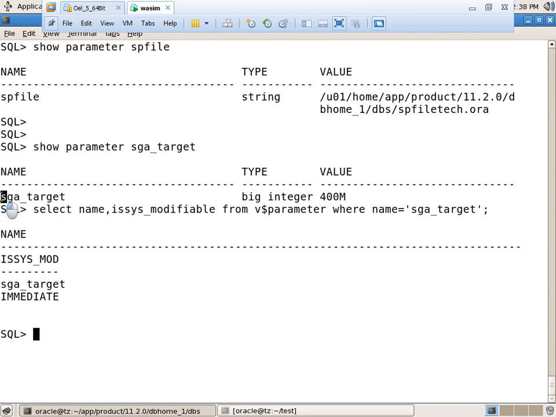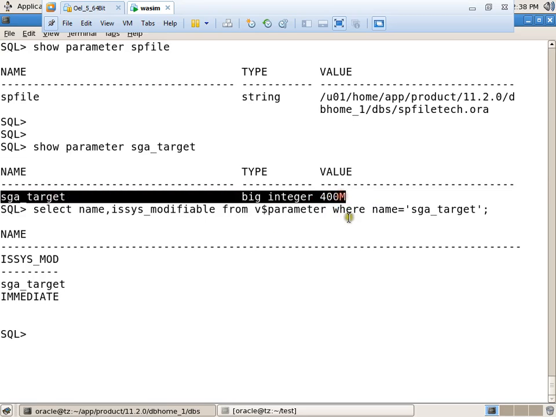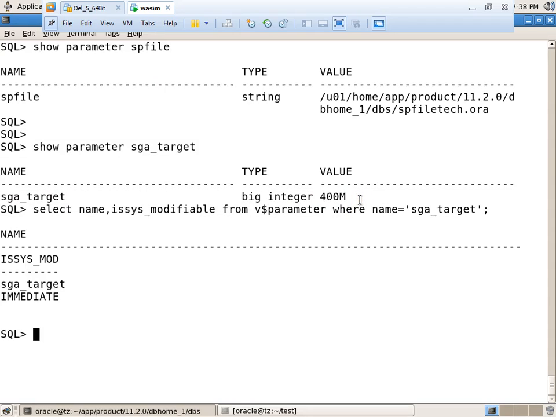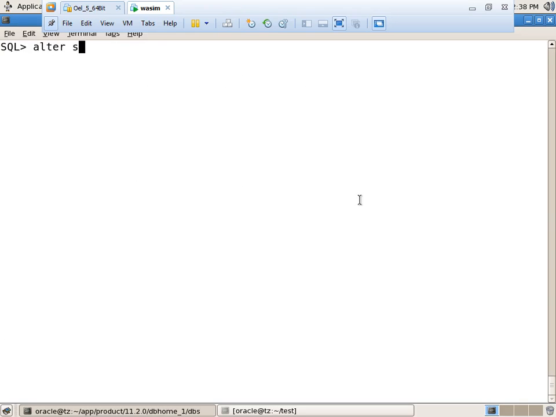See, what is the previous value? sga_target 400m, right? Now I want to increase the value to 500m. Okay, I am clearing the screen. Alter system set sga_target equal to, suppose, 500m, scope equal to memory.